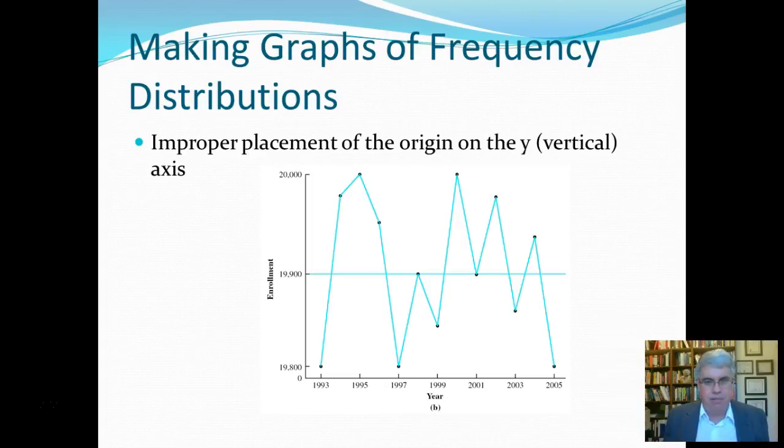It's actually very stable. But because the y-axis has been changed so that there aren't equal intervals between the tick marks, it looks like there's a huge variation, which is very deceitful. So whenever you're presented with graphs of frequency distributions, check the y-axis. Is 0 really 0? Is it showing what it says that it's showing? Check, because a lot of times people are going to try to manipulate this y-axis to be deceitful.